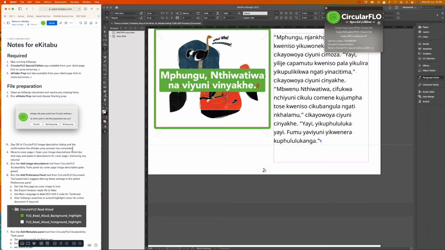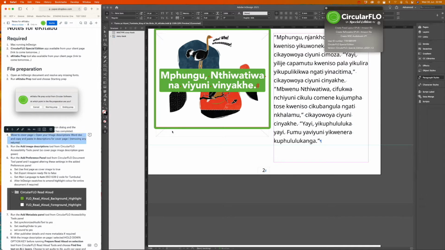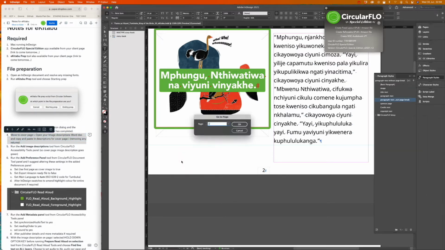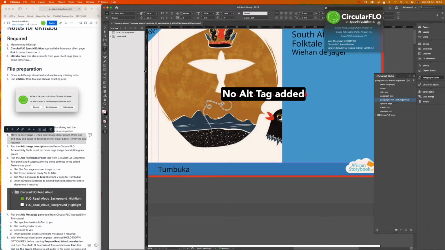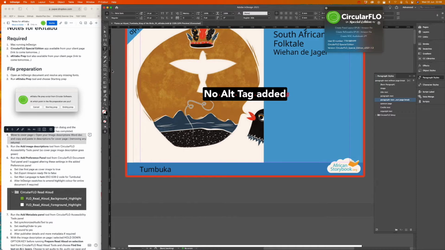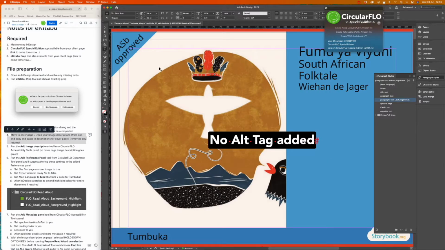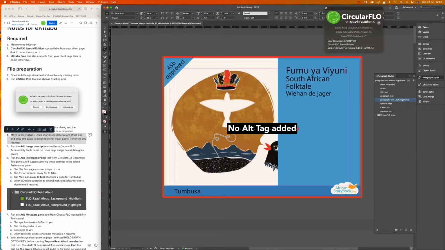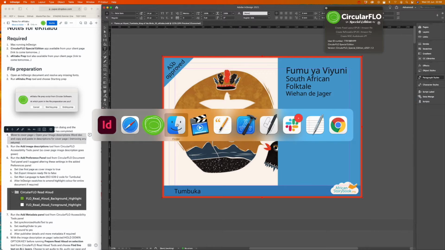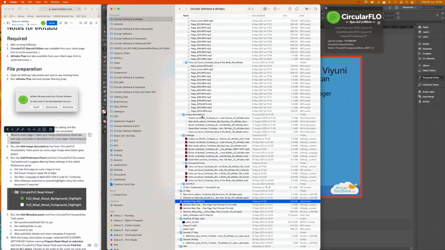Say okay to image descriptions. Yes, we've done that. Go to the page I. So you can do over here, Command J, and click on I. Go to that page. Now you can see this page has not got an alt tag. It's clearly marked there. So if I go back to your image descriptions,